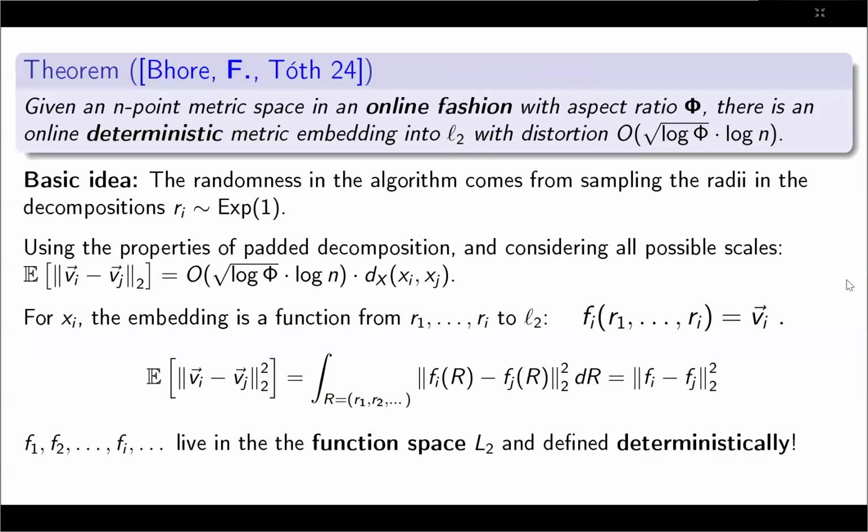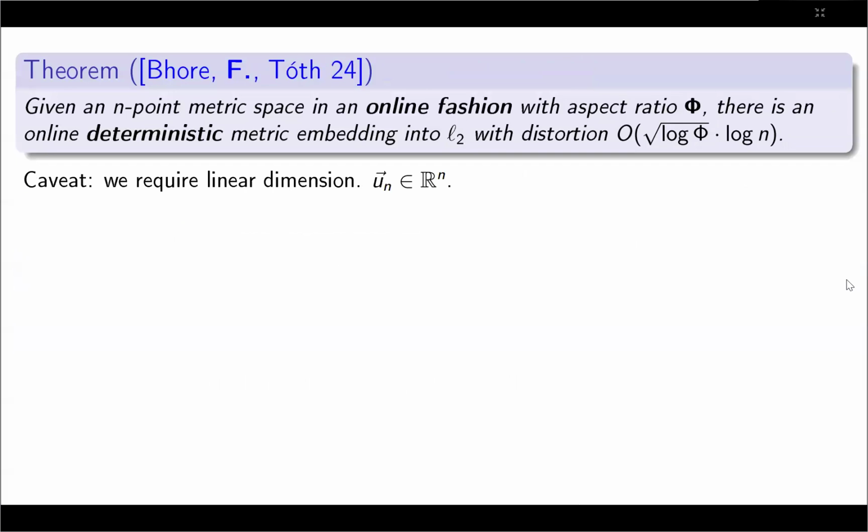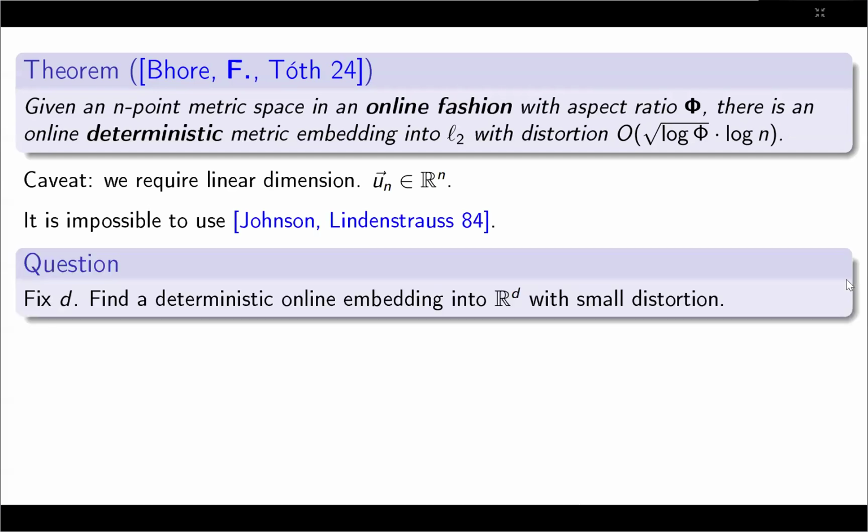However, let's go back over this result that we just discussed. The caveat in this entire result of the deterministic embedding is that the dimension is huge. If you just do the thing that I described, that each time you do some ball growing or whatever, eventually you'll get some vectors. But the vectors will be of very high dimension, basically linear dimension. And note that you cannot use JL here, because the entire point was to cope against an adaptive adversary. JL will not work against that. So yeah, the one question is,